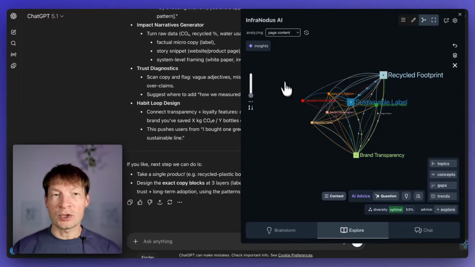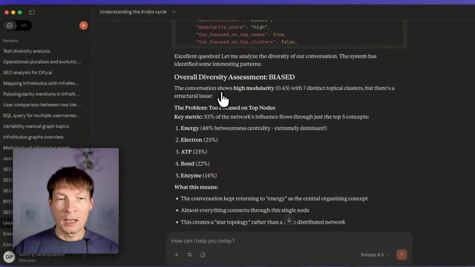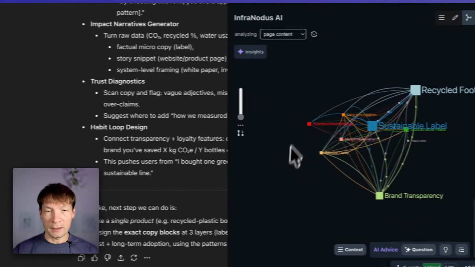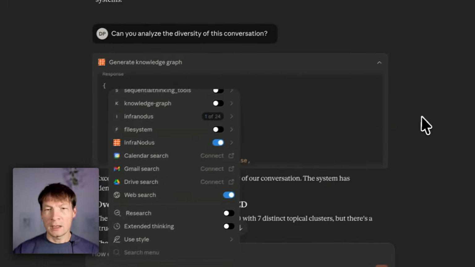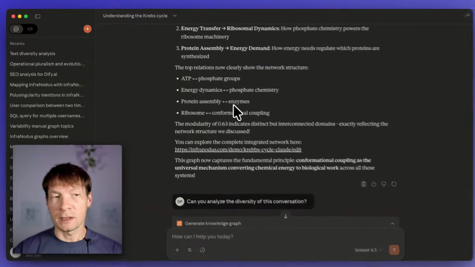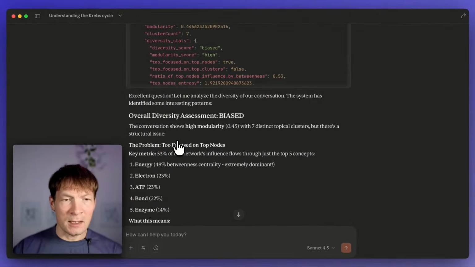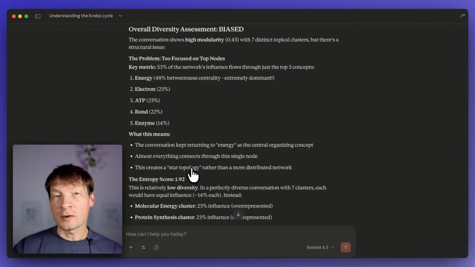And that approach you can also use inside your favorite LLM, actually like I have here in Claude, using the Nodus MCP server. So you can also do that without using the actual graph like I'm doing here with the Nodus extension, but instead using the Nodus MCP server here, where it retrieves the statistics about a certain conversation you were having. So here I had a conversation with my Claude on the topic of Krebs cycle, and then I asked Nodus to tell me how is the diversity of this conversation, and then here it says you see that it's too biased, and then gives me a recommendation on how I could improve it by focusing on other ideas